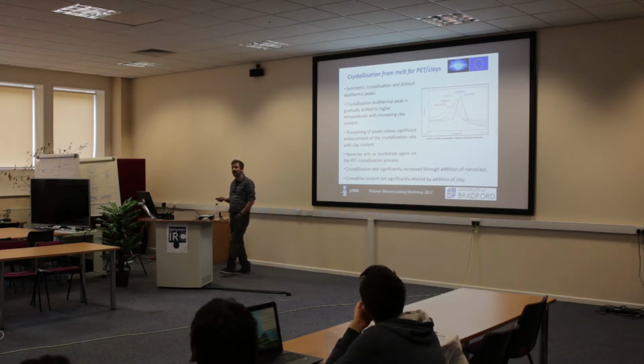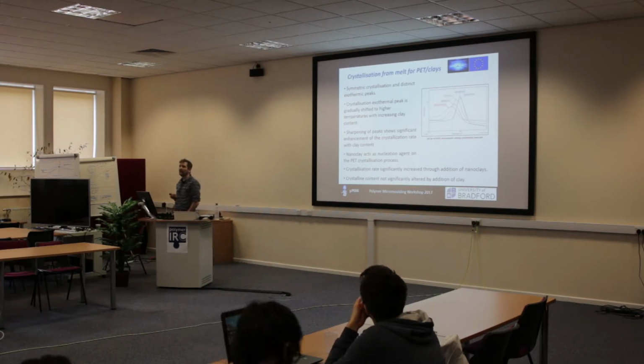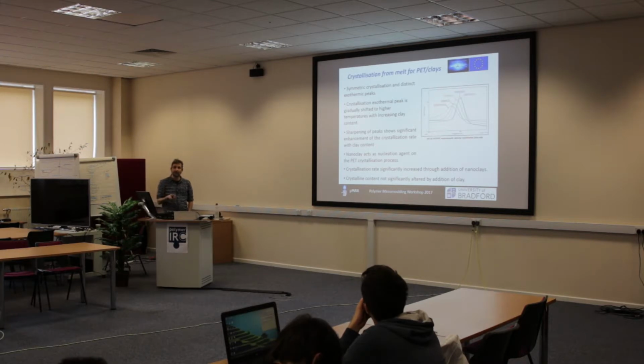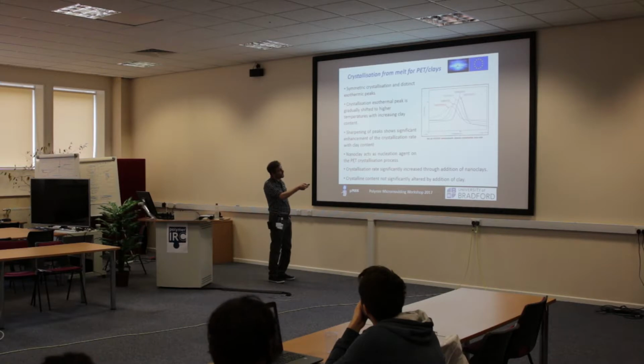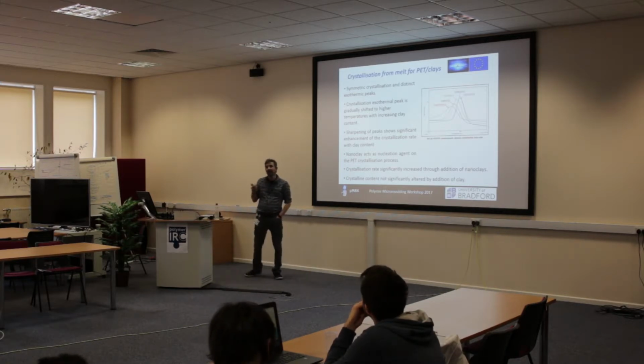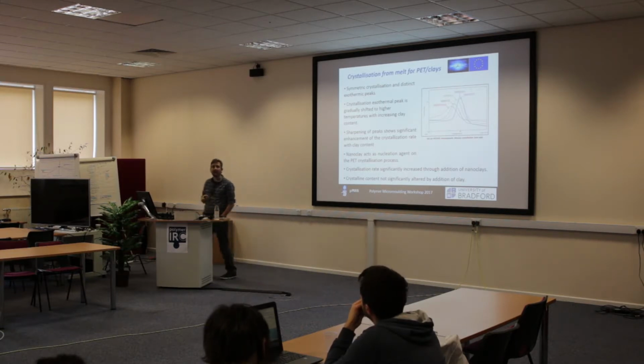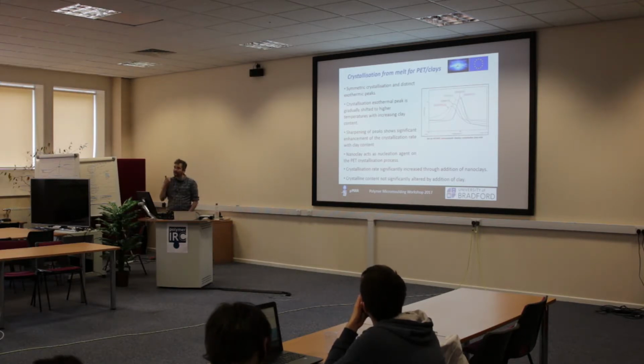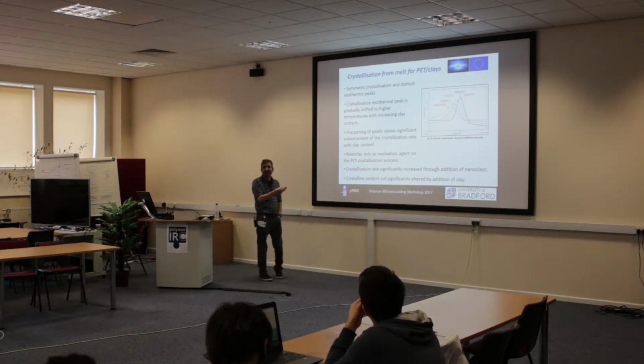By adding these nanocomposites into our material, these clays, we can change the melting point. But what you'll also see is a spread in the curve. Now that spread in the curve tells us something about the crystallization kinetics, how fast these crystals are forming. These are all done at exactly the same rate, about 10 degrees C per min, but you can see by changing that, you'll be able to change the crystallization kinetics,